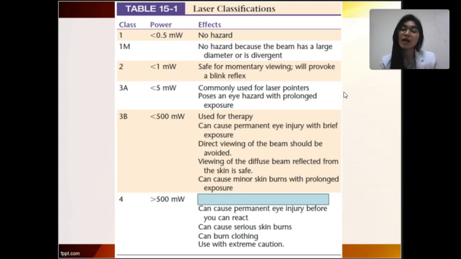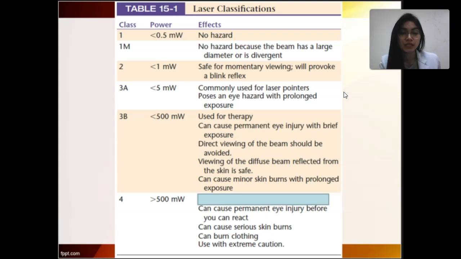Okay? So, ibig sabihin, kapag ka-reflected siya from the skin, it's safe. Pero pagka reflected siya with the use of mirror, yung mga yun, syempre hindi siya safe. So, from the skin lang ang safe. It can also cause minor skin burns with prolonged exposure. So, kaya meron tayong mga precautionary measures later on that we will be exercising or observing during the application